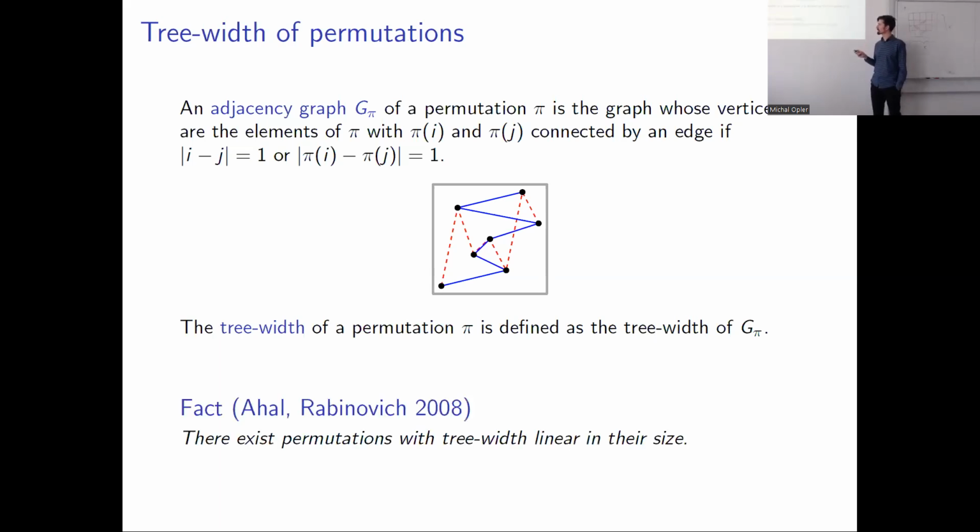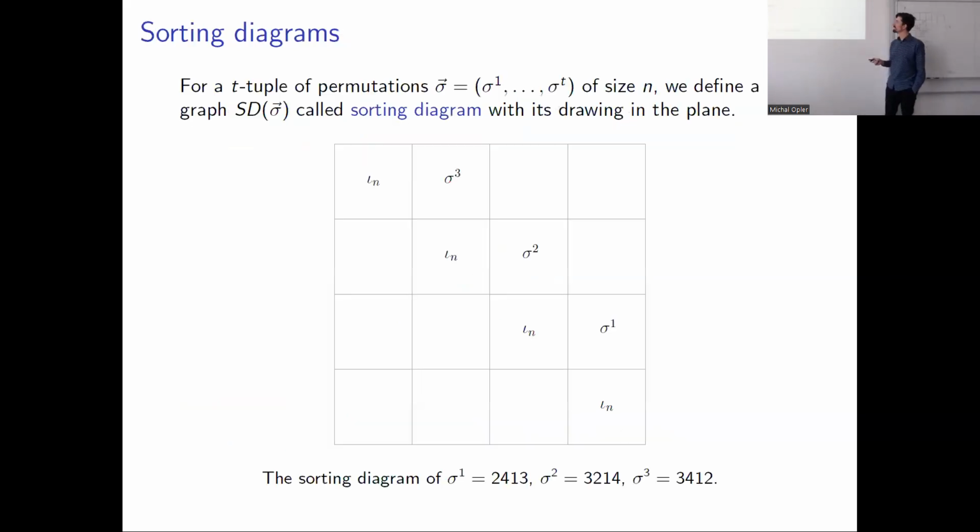And important for us is something proved by Hilaire and Rabinovich, that there are permutations whose treewidth is linear in their size, meaning there are permutations whose adjacency graphs are expanders. But we just need that their treewidth is large. That's all. We don't need to know anything about how they look. Just that there exist permutations with linear treewidth. And